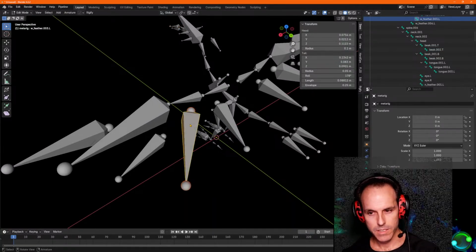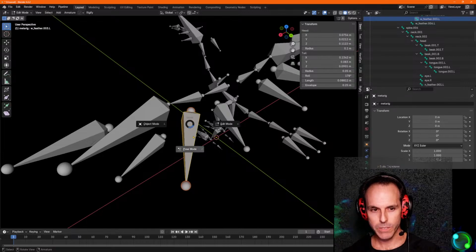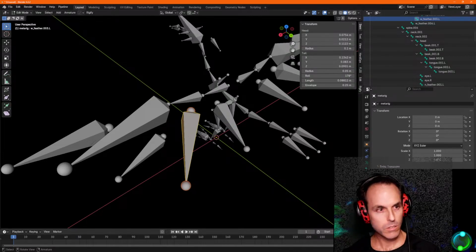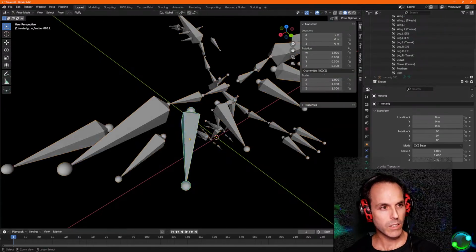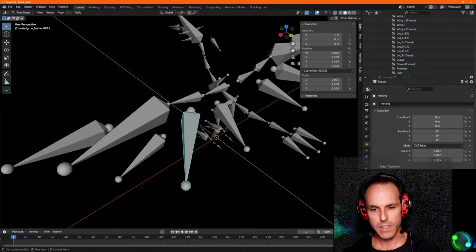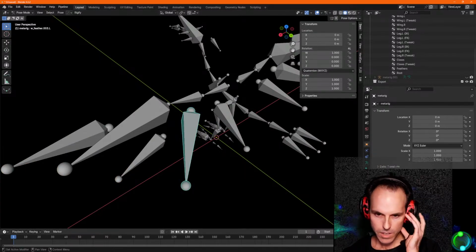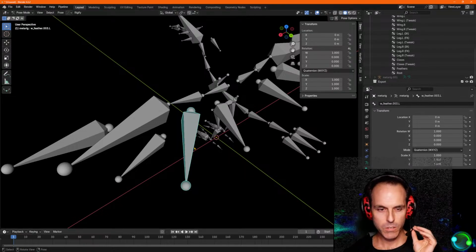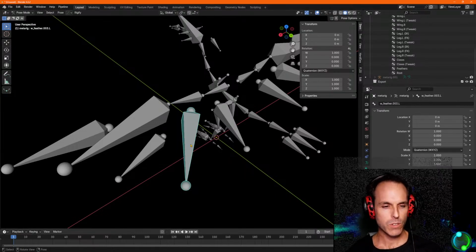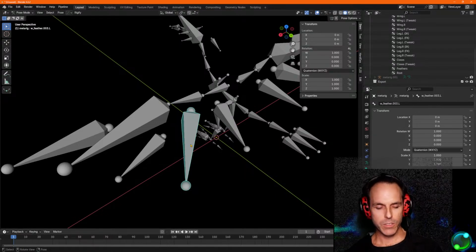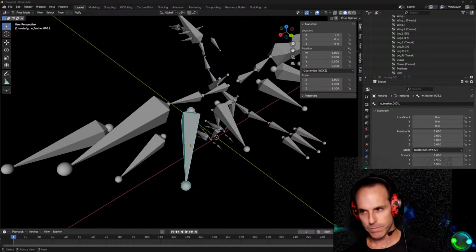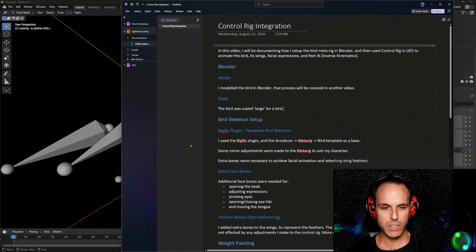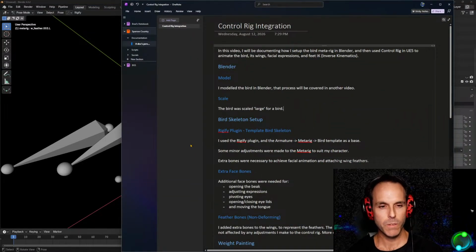So let's look at the default. I'm curious to know if these are deforming. What am I in here? Edit. So go edit, go to pose. I click this, and then under bone, look at deform. Yeah, so these are deforming. So these aren't really meant for feathers, unless. So I'll have to expand this document to talk about the feathers a little more